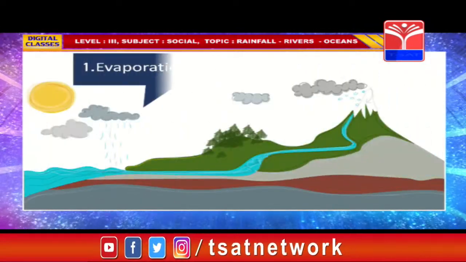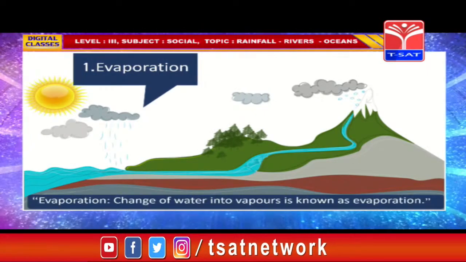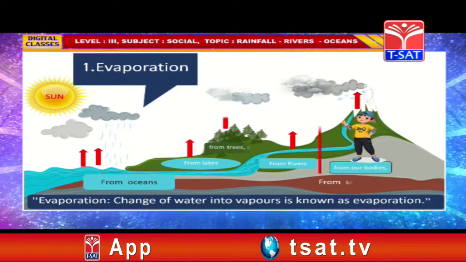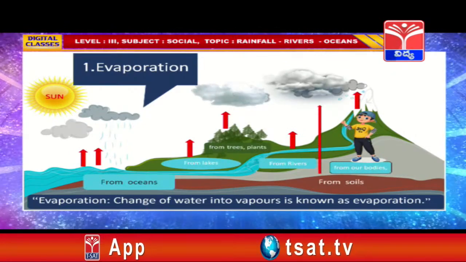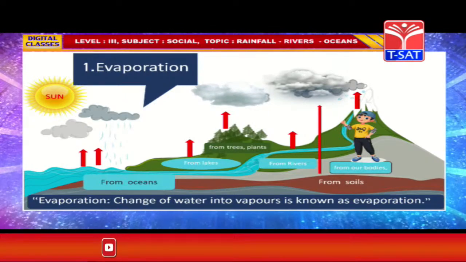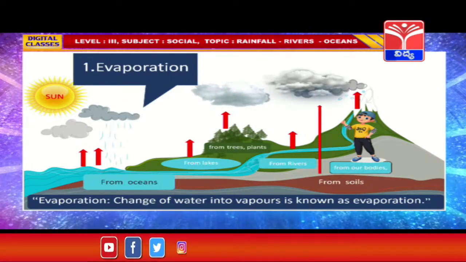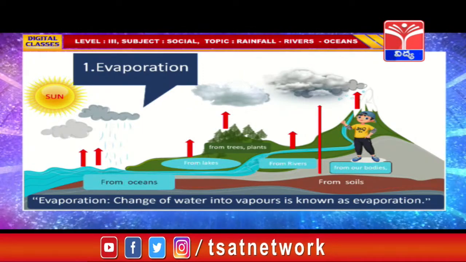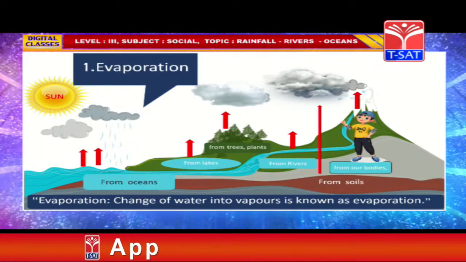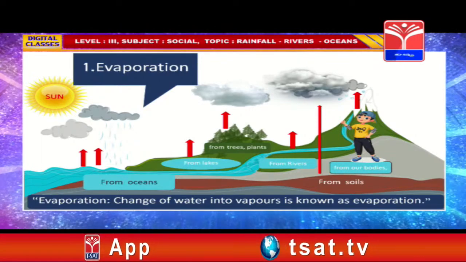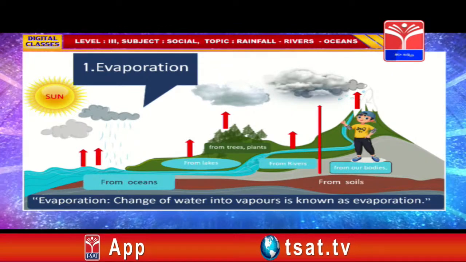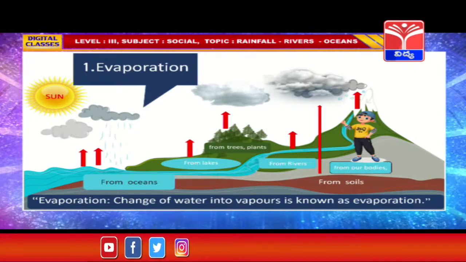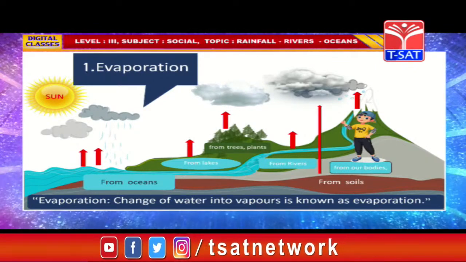I will begin with evaporation. The story of rain begins with water vapor. What is water vapor? When you dry your wet clothes in the open, you see that the water disappears after a while and the clothes dry. Similarly, if you keep some water in a plate, it dries up in a couple of days. Actually, water in the clothes or in the plate becomes water vapor and mixes with the air through a process called evaporation. So, evaporation is the changing of water into water vapor.